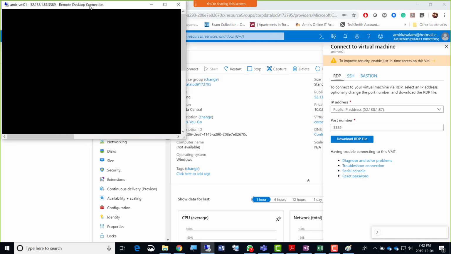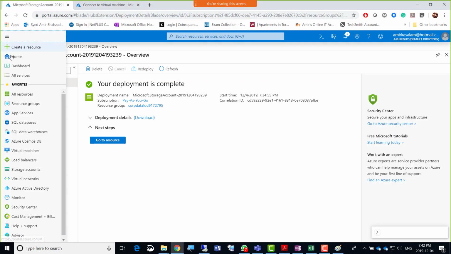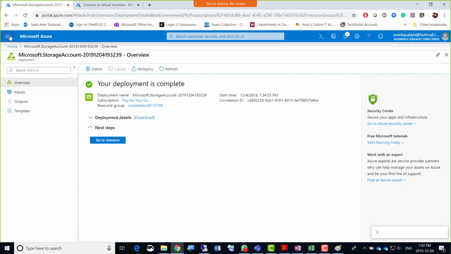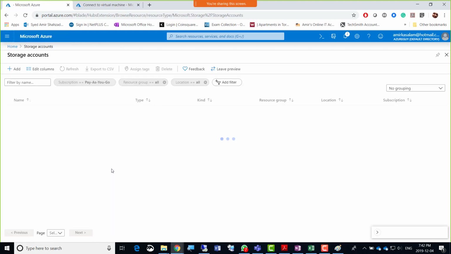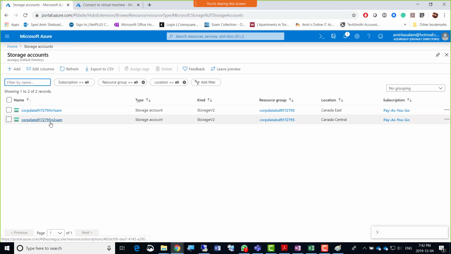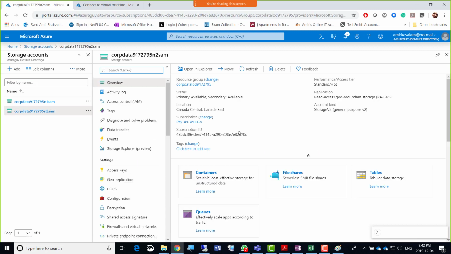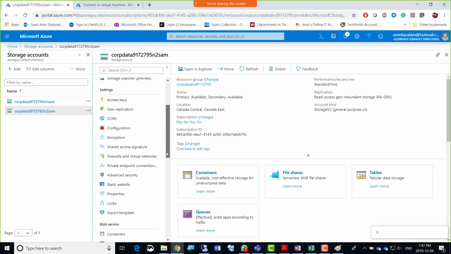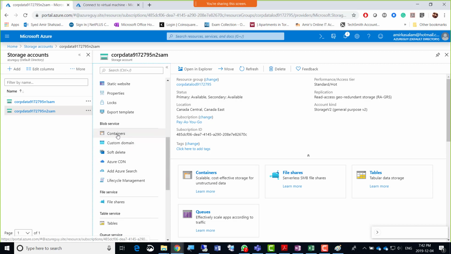So I can go back to the storage account here. We're inside the storage account already, so we can just go to the storage account from the left side, and there's a storage account here, and this is 95N2, not N1. N1 is the previous question, and N2 would be the second one. So I'm just going to go inside there, N2, and I'll go down to create a container here, right?